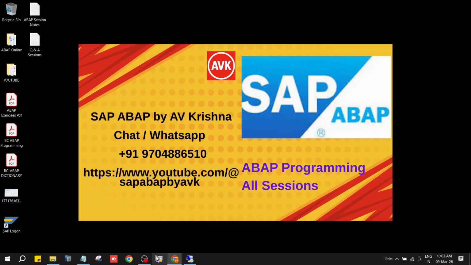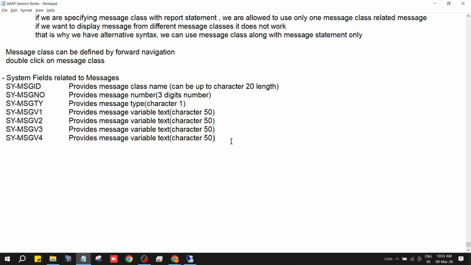V1, V2, V3, V4 we can concatenate. That is MSG V1, comma, MSG V2, comma, MSG V3, comma, MSG V4, result into a target variable. But the target variable